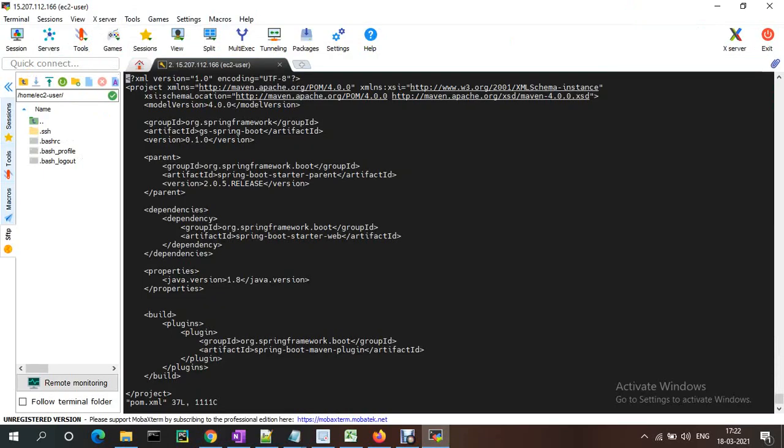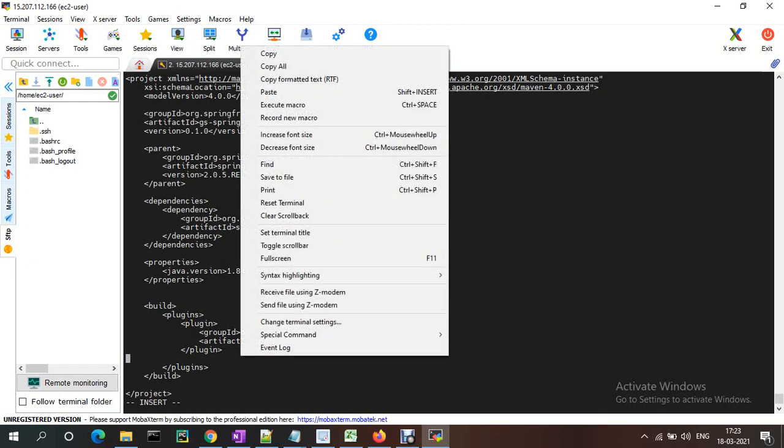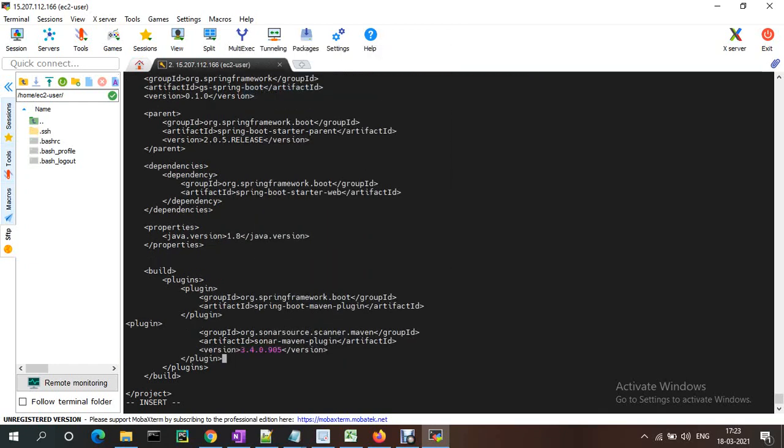Under the build section, plugins, plugin, we just need to add it. I'm in insert mode, and I just pasted the plugin. You can check the version of this plugin, and you can update it to the latest also; that is not an issue.